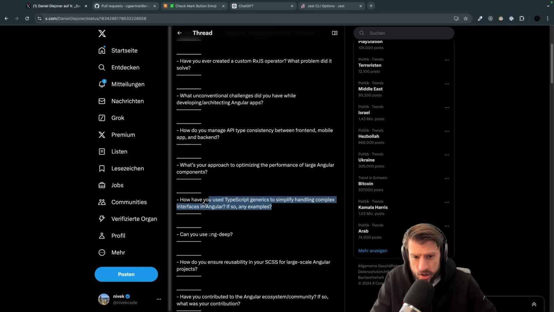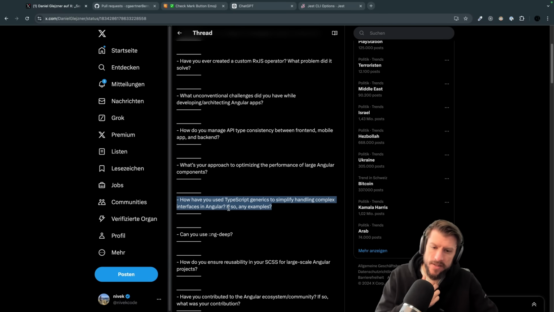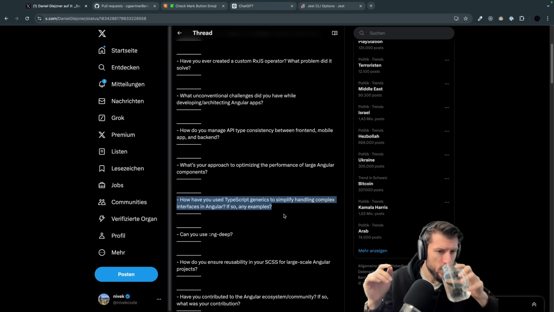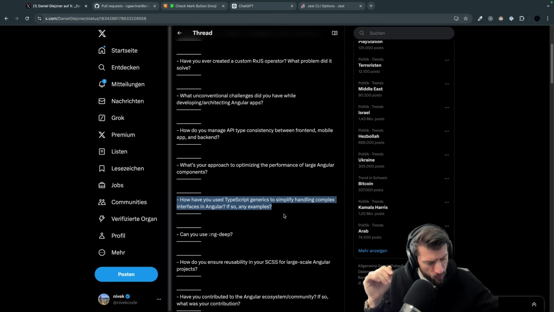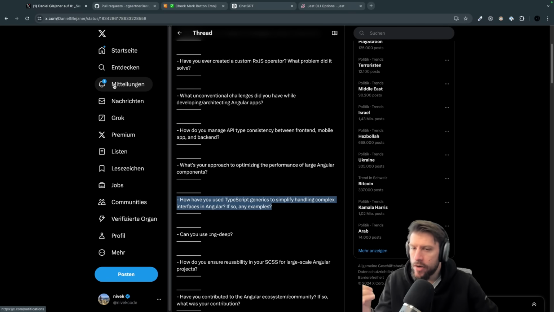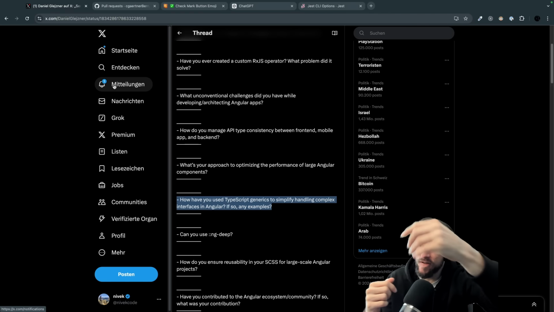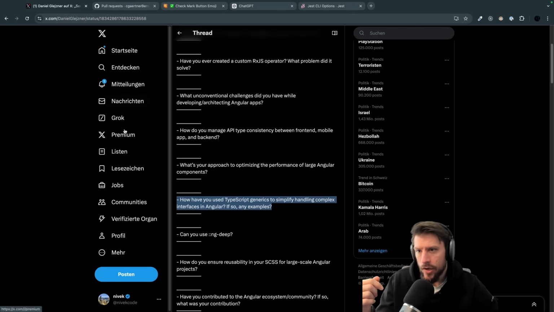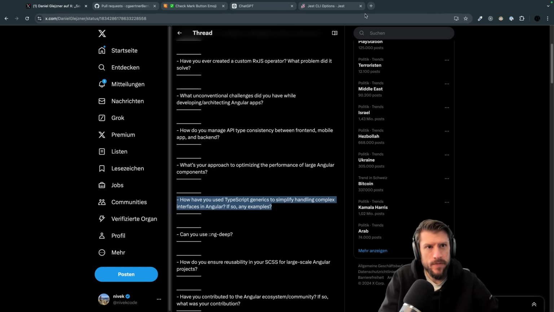Have you used TypeScript generics to simplify handling complex interfaces in Angular? If so, any examples? Yes, we have. I think recently, what was the example? We had some menu item. So basically something like this, but a bit more complex, compared to the Twitter item, because if you click on one menu item, there are sub-menu items. If you click on a sub-menu item, there are further sub-menu items. And now if you click one down, so imagine